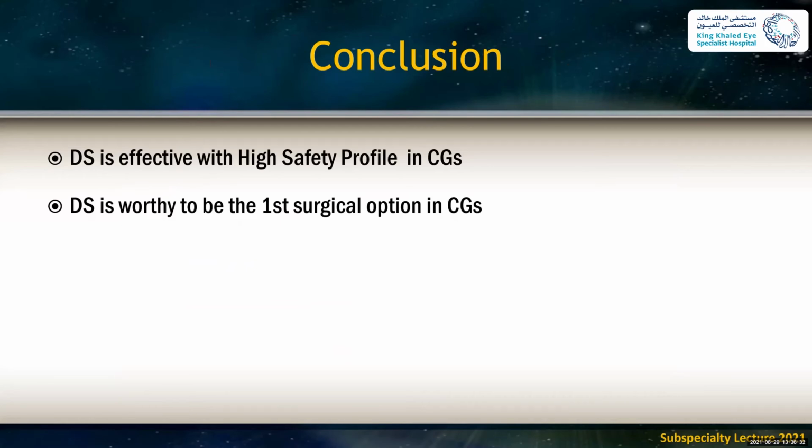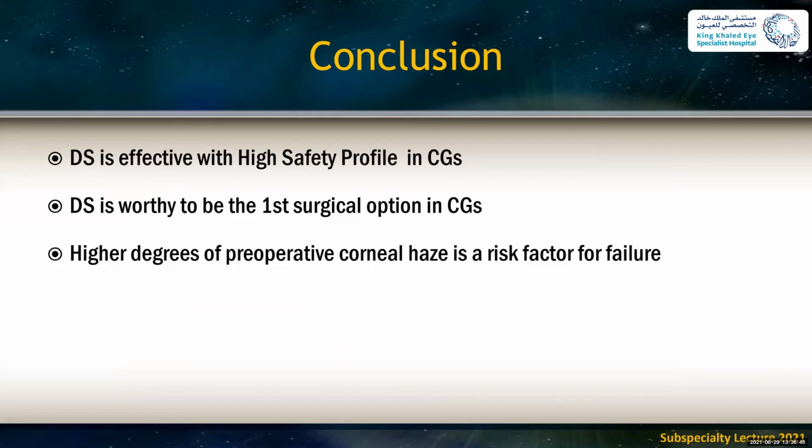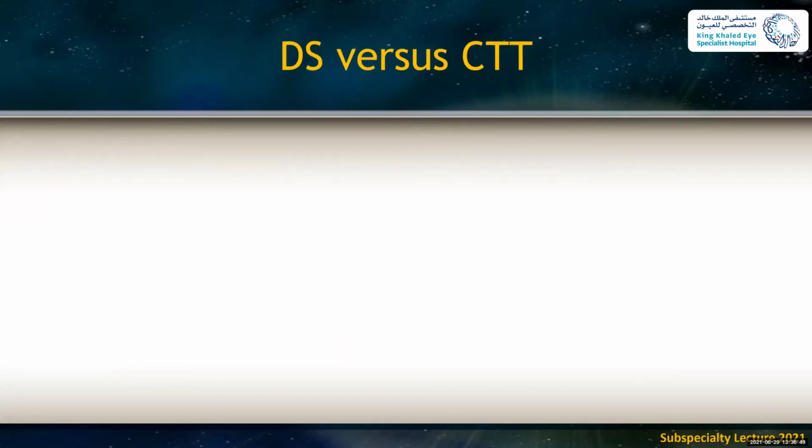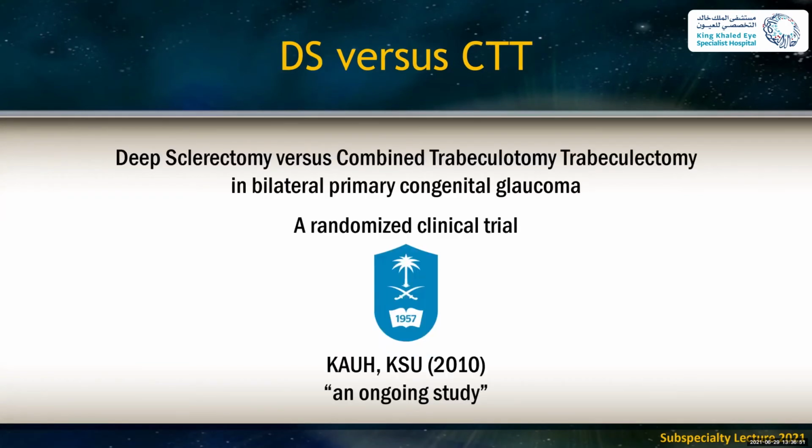So we concluded from this report that deep sclerectomy is effective with a high safety profile in congenital glaucoma. As well, it is worthy to be the first surgical option in this disease, and higher degrees of preoperative corneal haze is a risk factor for failure. Based on that, when we presented this study in the American Academy, the panel